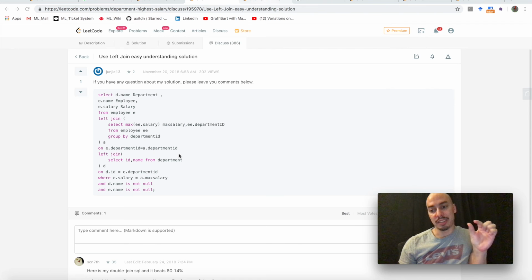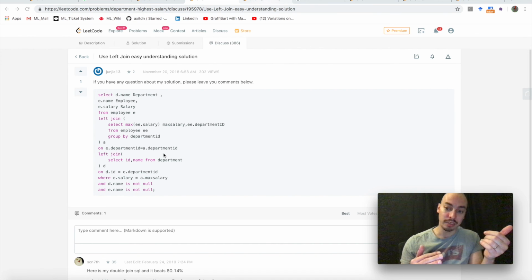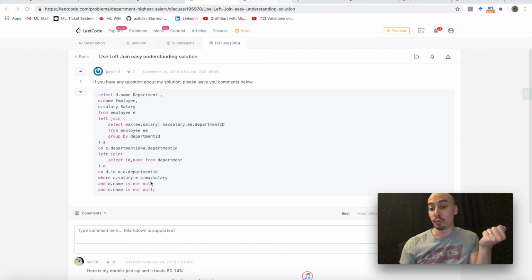Here again it's that theme where we search for the key in both tables and equate them, and then use that as a method to join them. Left join select ID, name from department D on D.ID equals E.department_id, where E.salary is max_salary, right? So we wanted to search for those that have the maximum salary in a certain department, and D.name is not null and E.name is not null to weed out corner cases. And third up,